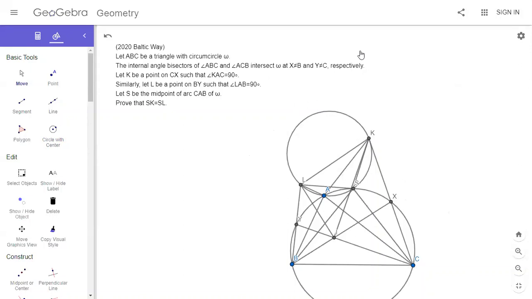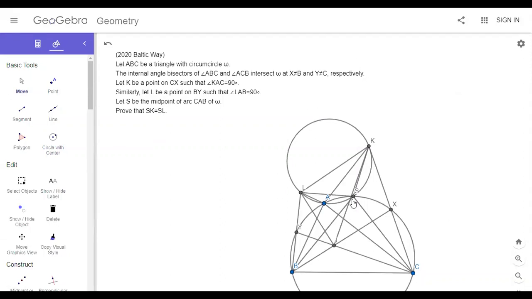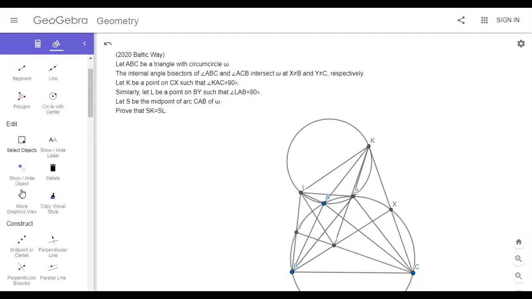Y is the midpoint of BL. Oh yeah, Y is the midpoint of BL because YA is equal to YB. Yeah, okay. So I think we use the in-center, x-center lemma. So YB is equal to YA. Yeah, so we know